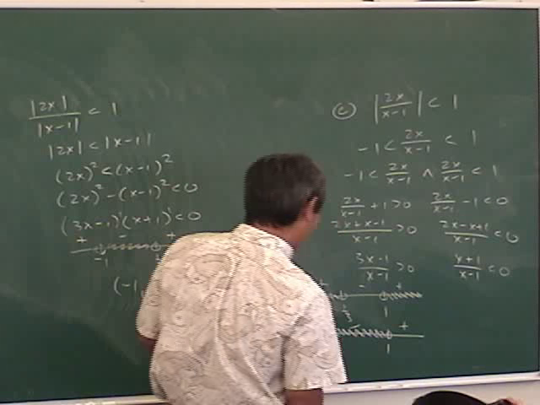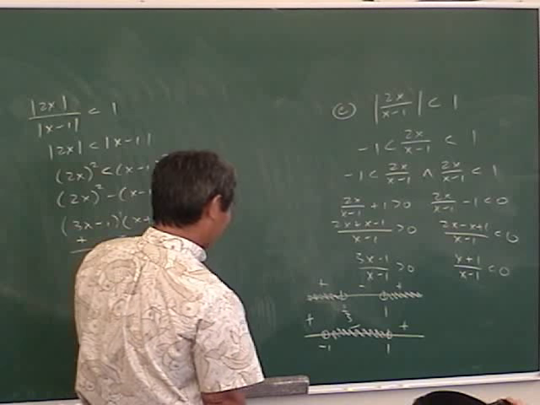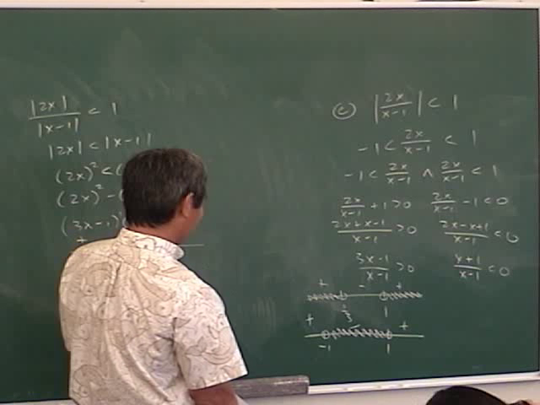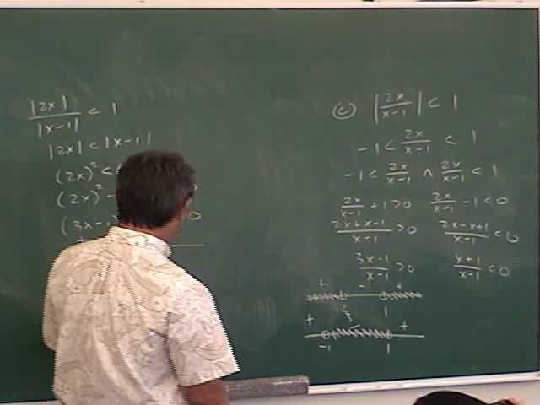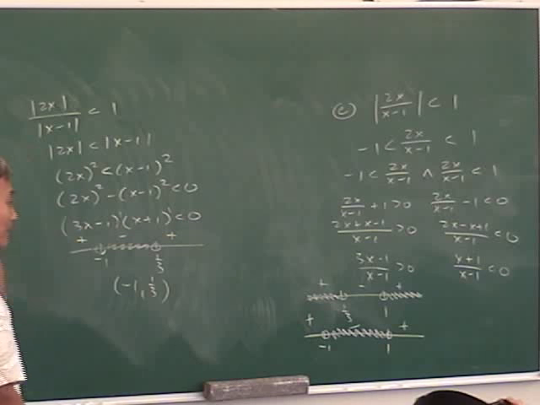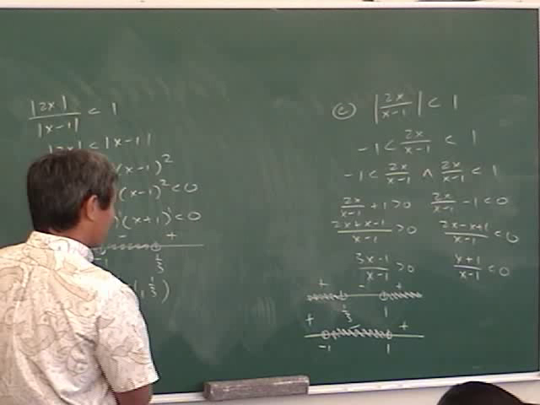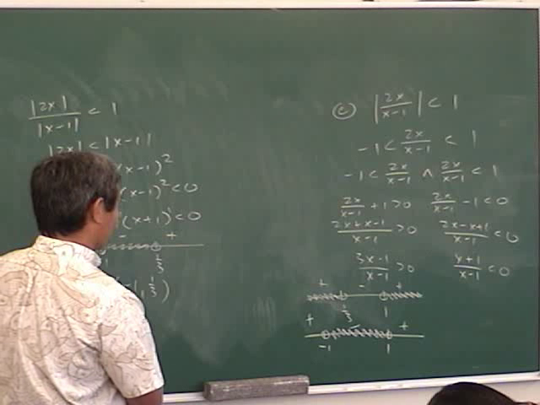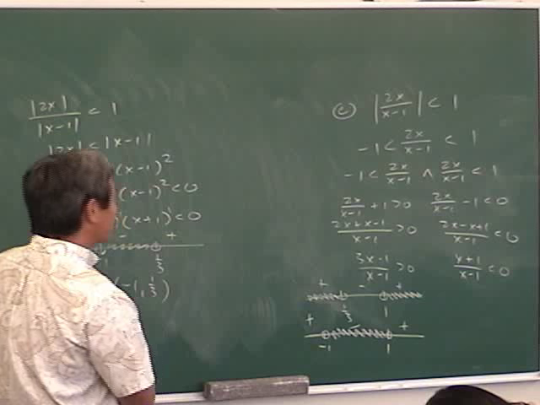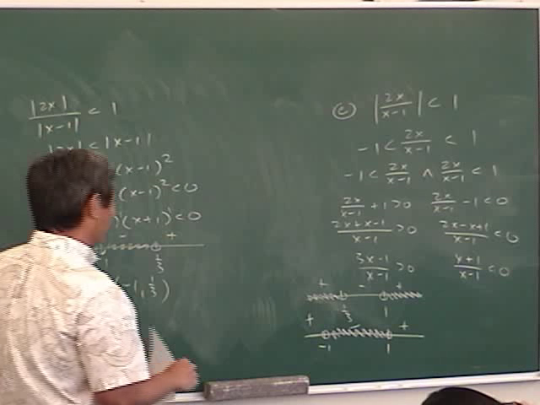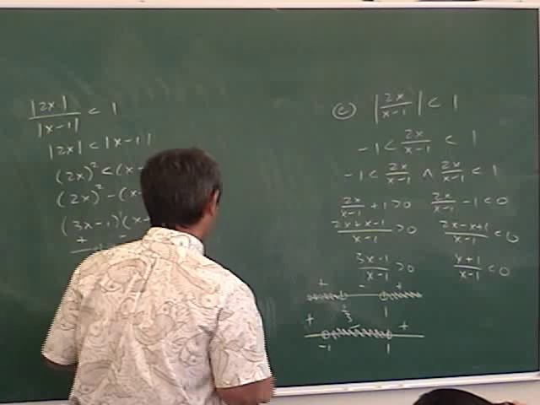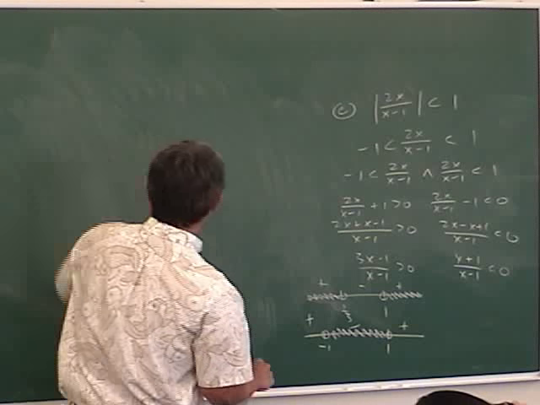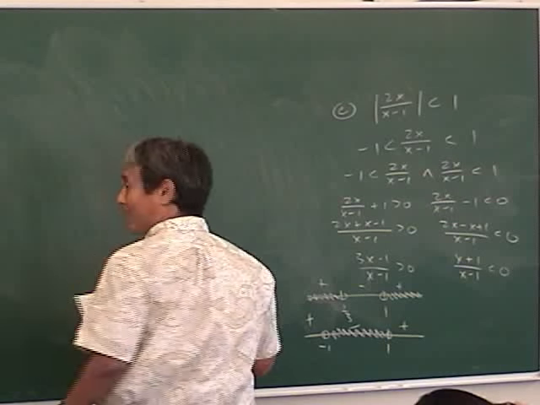Where do these graphs overlap? Just look at them. Where do they overlap? Between -1 and 1/3. See, that's the same answer. So no matter what method you use, you're going to get this answer unless you make a mistake, of course. This is practice, people. If you don't practice this, it could be a nightmare. It's not that hard. And then F,